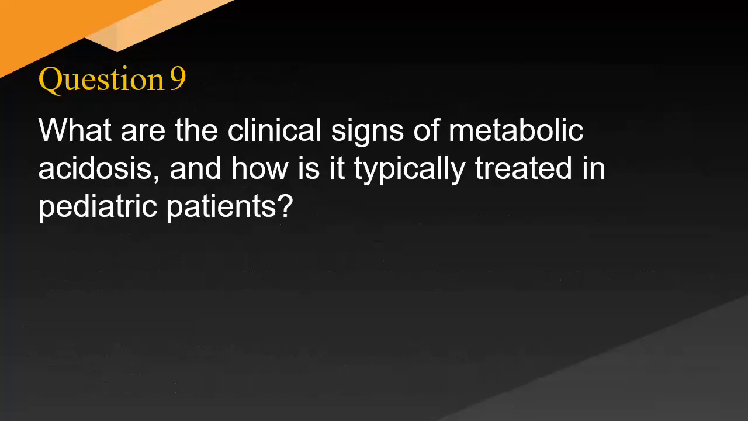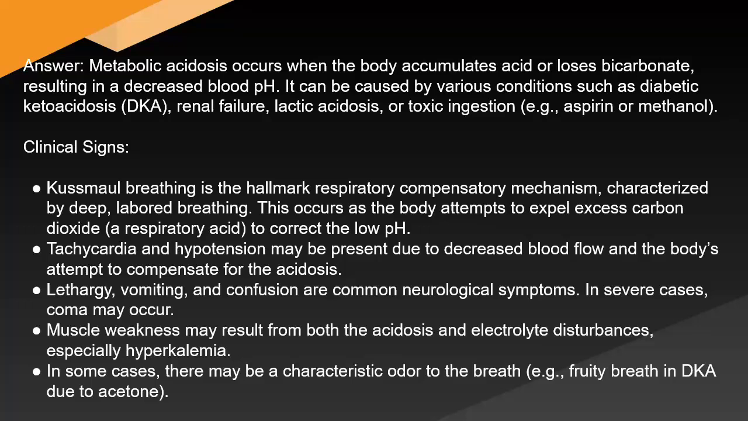What are the clinical signs of metabolic acidosis and how is it typically treated in pediatric patients? Answer: Metabolic acidosis occurs when the body accumulates acid or loses bicarbonate, resulting in a decreased blood pH. It can be caused by various conditions such as diabetic ketoacidosis, DKA, renal failure, lactic acidosis, or toxic ingestion, e.g.,